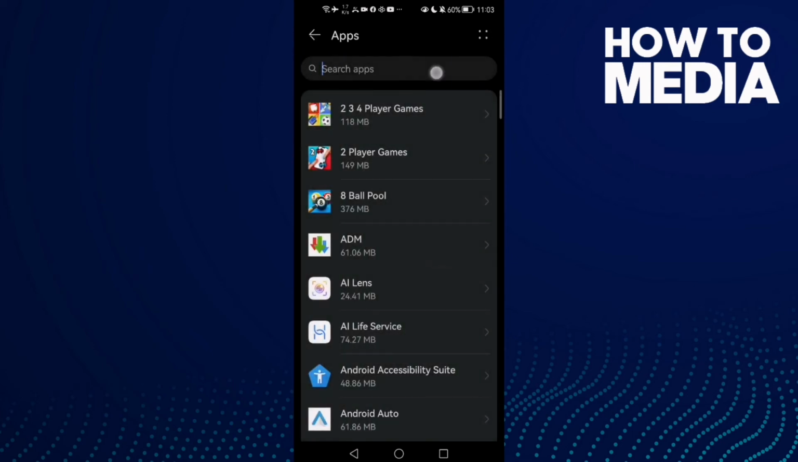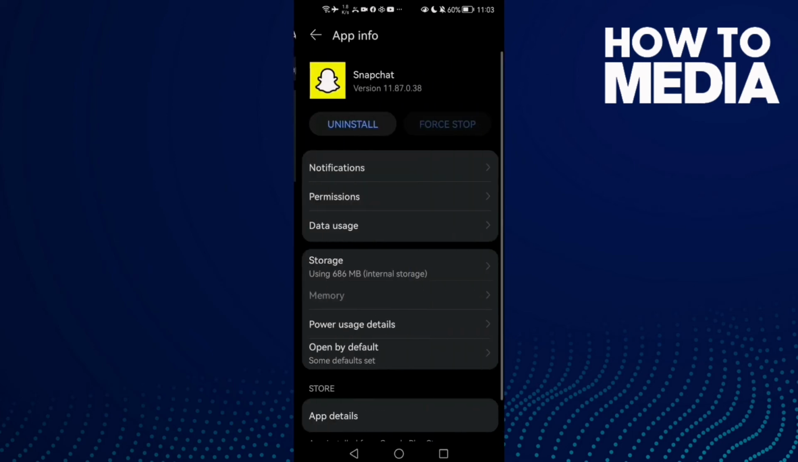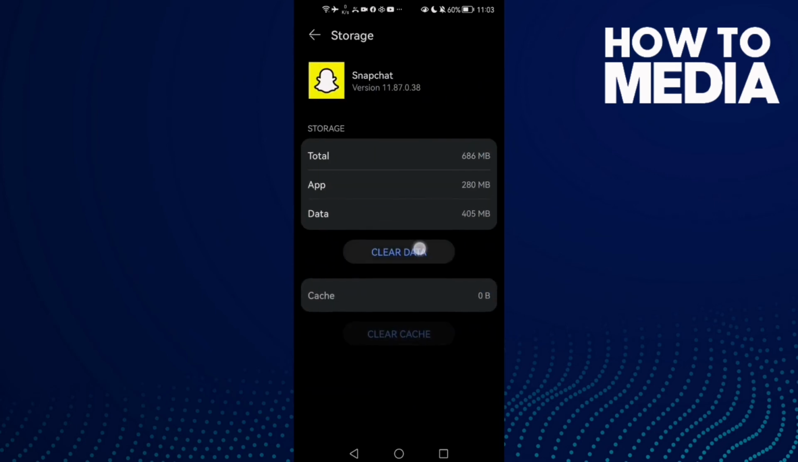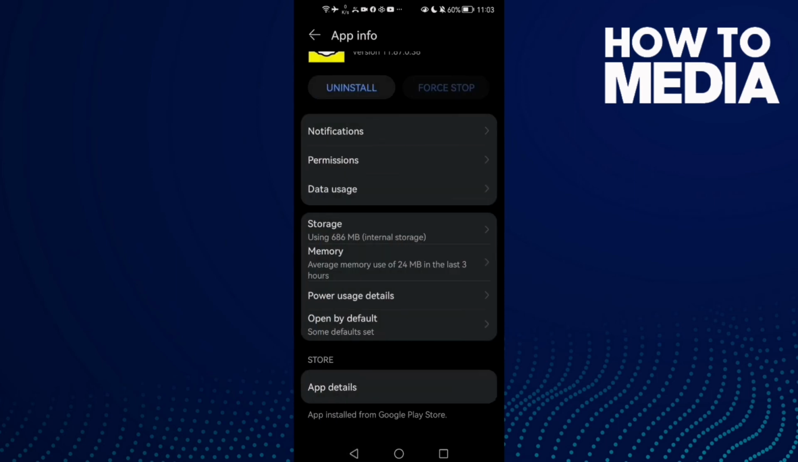apps and then apps again, and here you'll find Snapchat. Now all you need to do, click storage and clear data, click on it and click OK, and after that you need to log in